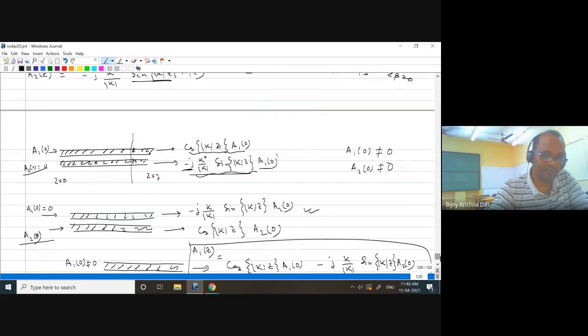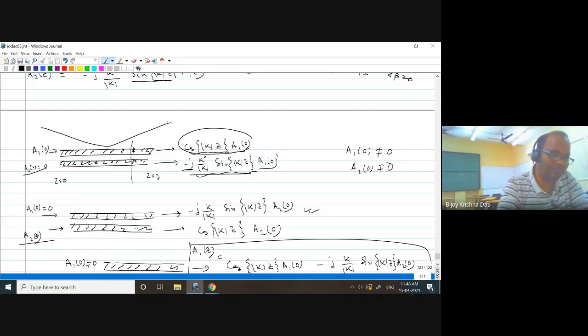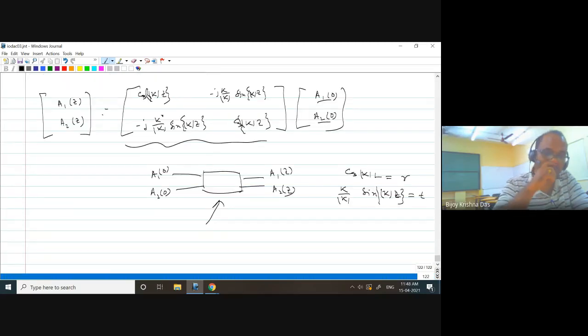You see, when this one is there, whatever you are getting, you are getting this value directly. And this is something transmitting. So if this is an input, something is going here and something is coming here. That I consider like R, the reflection coefficient, and this I consider like T, the transmission coefficient. That is the reason RT is traditionally considered. So if R and T, then this matrix can be written something like this.